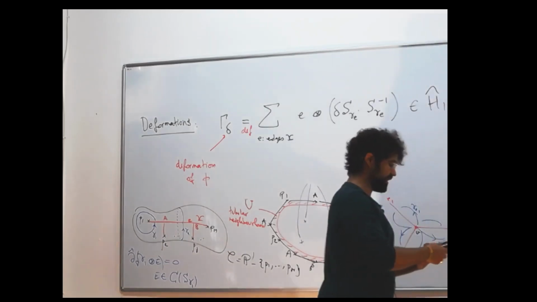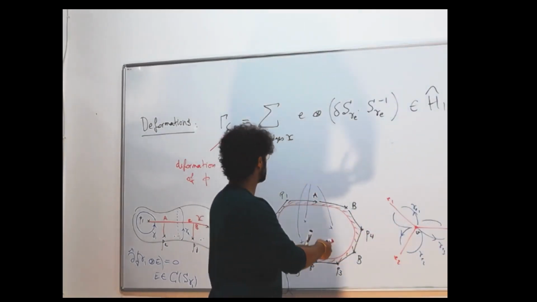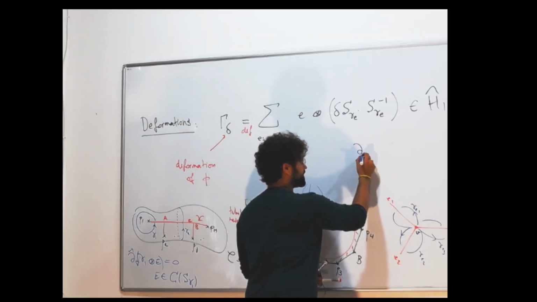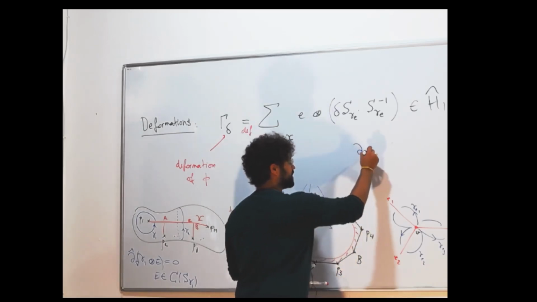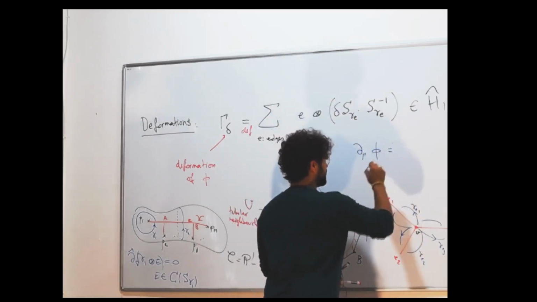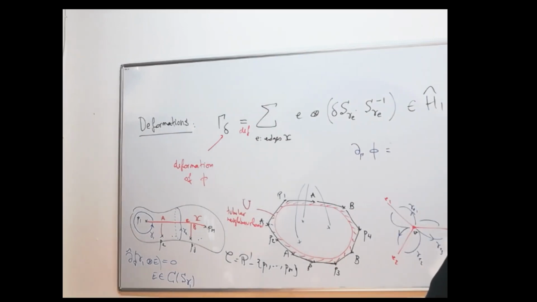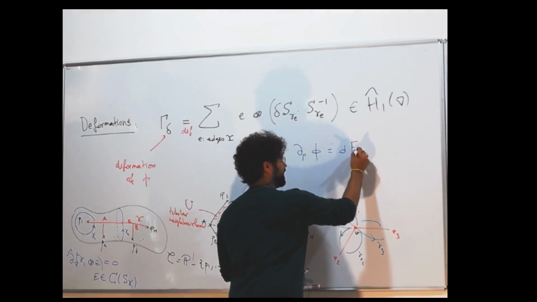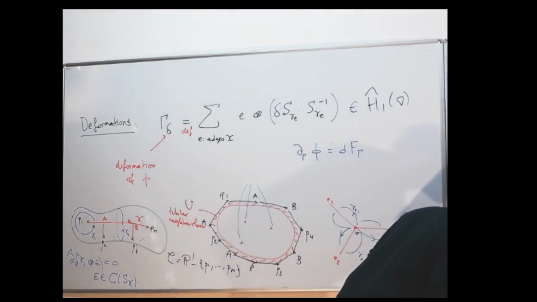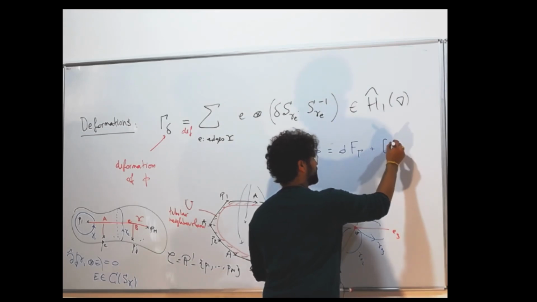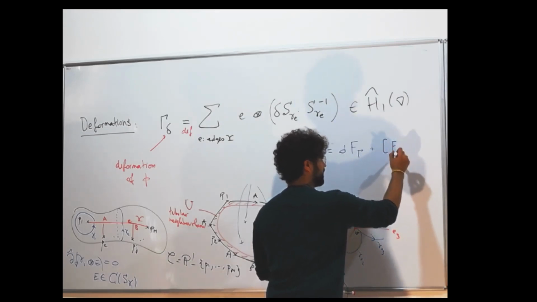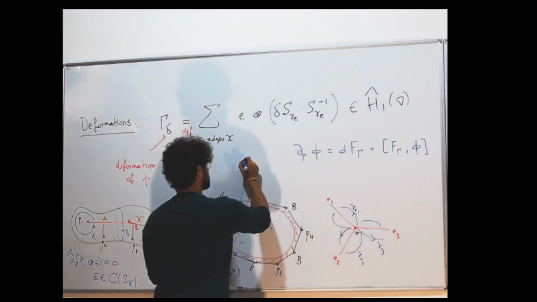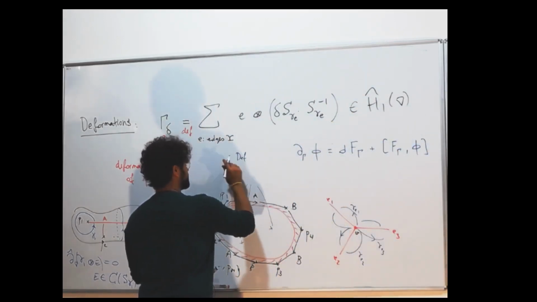define a variation of the data, so say d sub gamma of phi, to be equal to d f of gamma plus a commutator f of gamma with phi. Okay, so this defines, so conversely,